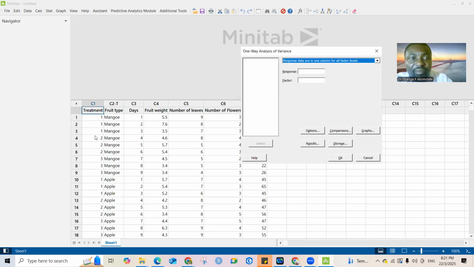It means for each factor level, for treatment 1, you put the fruit weight in one column, for treatment 2, you put the fruit weight in another column, for treatment 3, you put the fruit weight in another column. But here I have arranged it in such a way that the response data for all the factor levels are in one column. I did it by arranging the factor levels one after the other: treatment 1, 1, 1, 1, treatment 2, 2, 2, 2, treatment 3, 3, 3, 3,